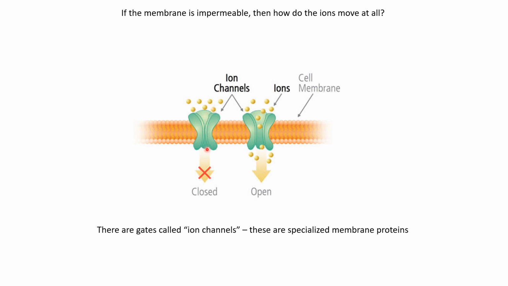And there are different types of ion channels, as we will see. So they can open or close in response to different things happening inside the cell. There are also specific ion channels for different types of ions. So some channels would allow multiple ions to pass through, whereas some channels would allow only one particular ion to pass through.